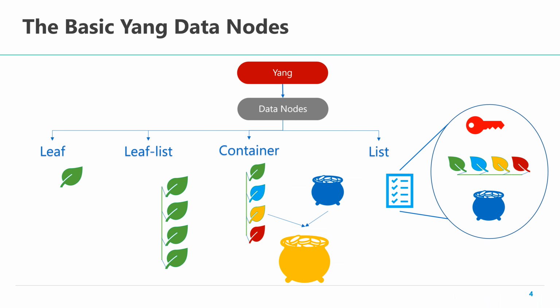The final type of data node is called a list. A list is equivalent to a database record. Every row in this list is identified uniquely with one or more keys, and each row can contain different types of elements: numbers, characters, another container, and so on. This will be very useful when you want to have a database in a device that you are representing using the Yang data model.